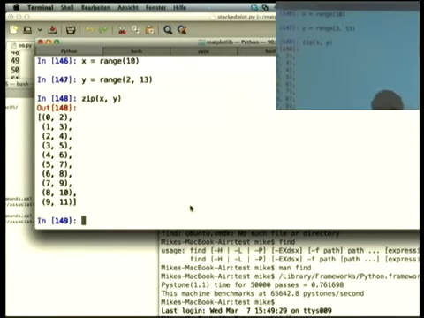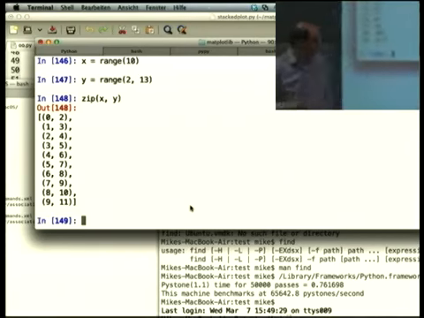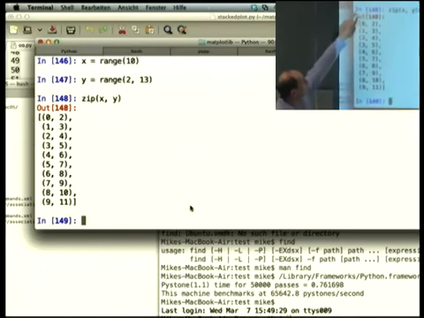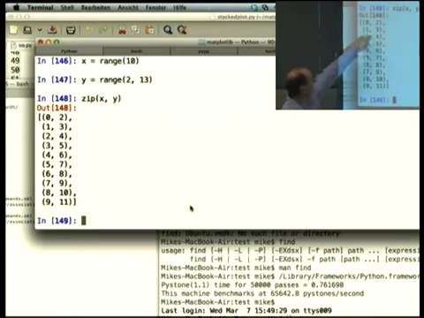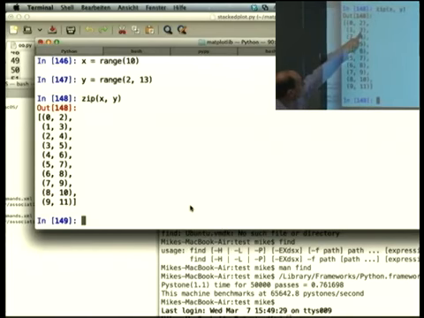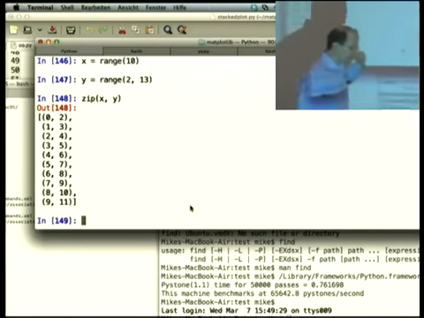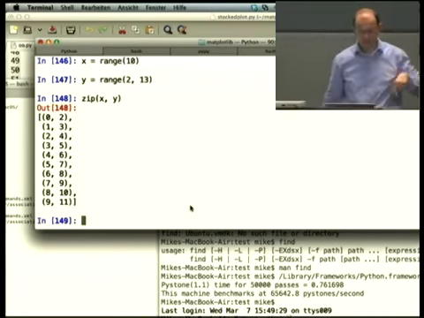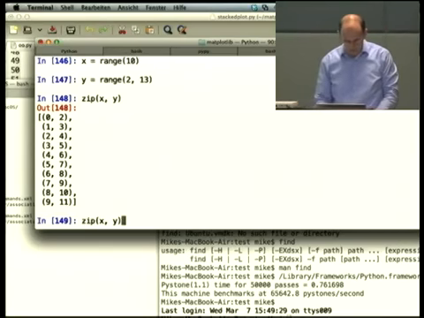So I deliberately chose different sizes. And this is zipping it together, and you end up with a list of tuples. This is a 0 from x, this is a 2 from y, this is a 1 from x, the 3 from y, and so on. And once you do this, then you have this structure, and Python has a notion of tuple unpacking and tuple packing. So you can write,